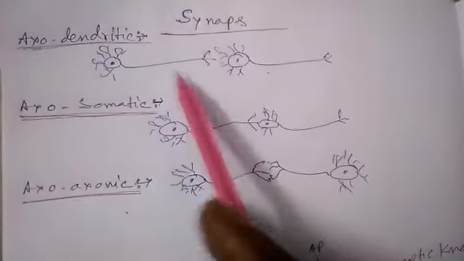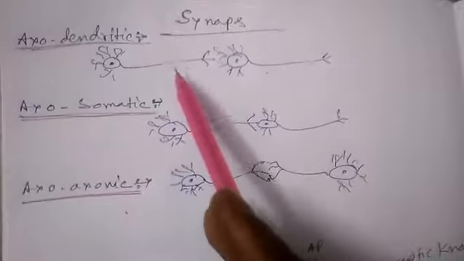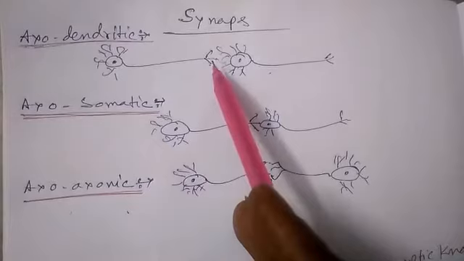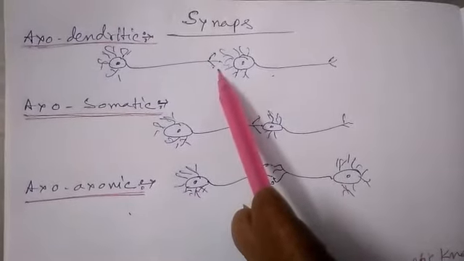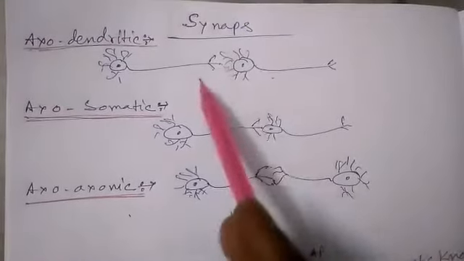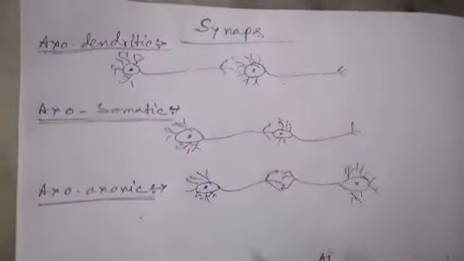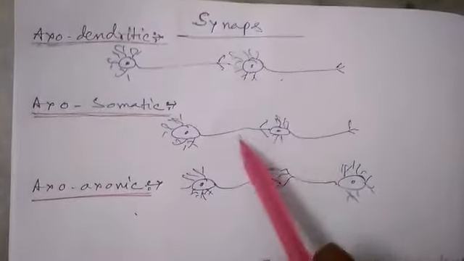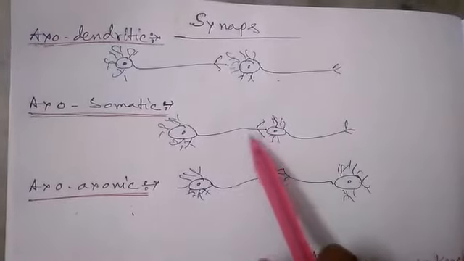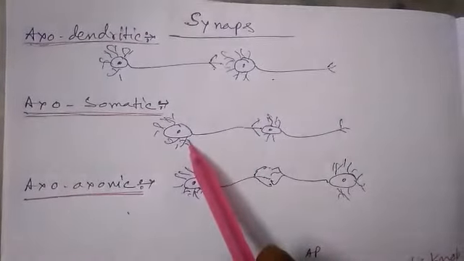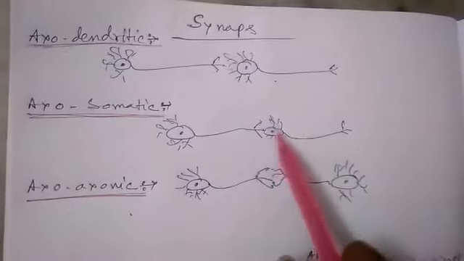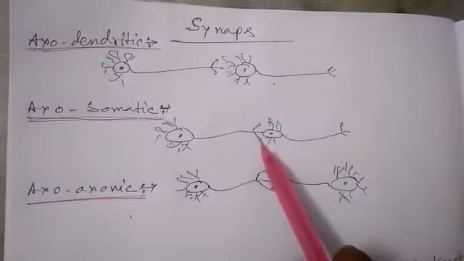First of all, we have to discuss exodendritic synapse. When two successive neurons are attached, the connection between the axon terminal of the previous neuron and the dendron terminal of the next neuron is known as exodendritic synapse. But when two successive neurons are connected between the axon terminal of the previous neuron and the soma or cell body of the next neuron, it is known as exosomatic